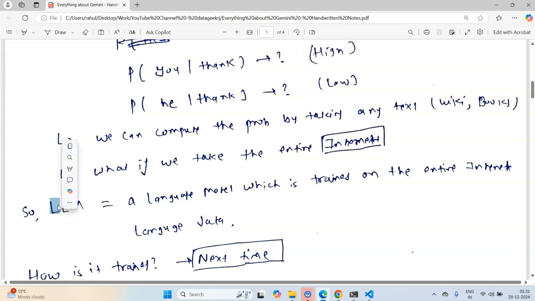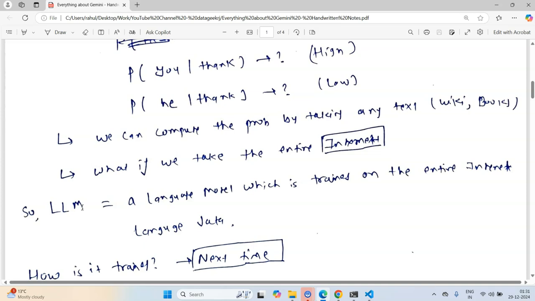The L in large language model basically represents the fact that we are now taking the entire internet data to train these models. Now, how are these models trained? This in itself is a very complicated topic.